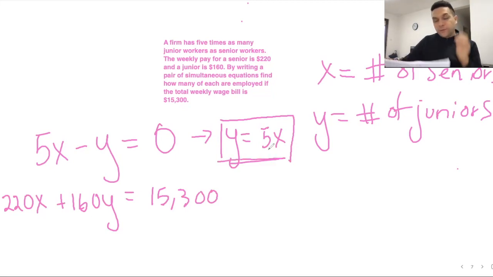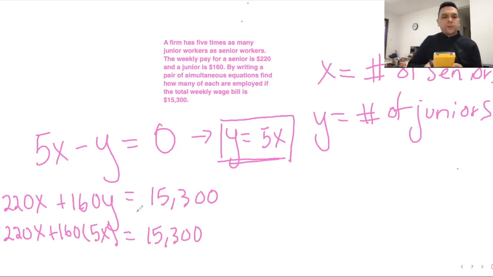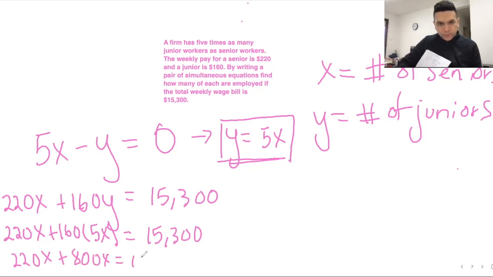Or x equals y divided by 5. And then we can take it and plug it in here, right? So we have 160y times 5x equals 15,300. So we're going to get 160 times 5, 800. So we had 220x plus 800x equals 15,300. This would be 1,020x